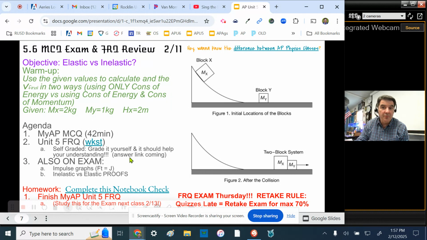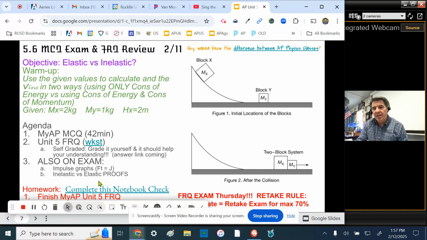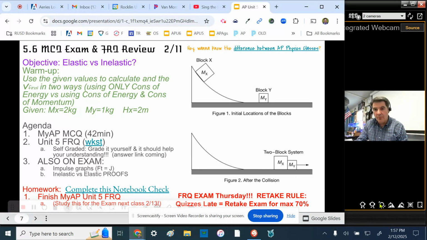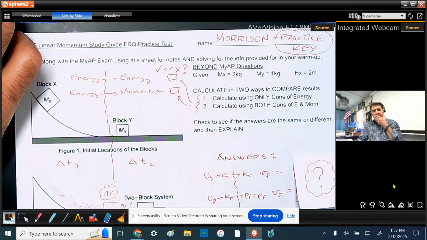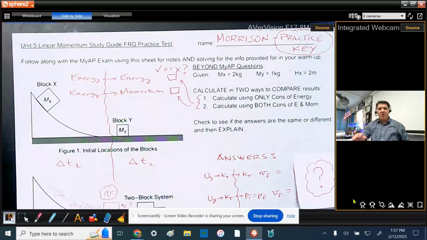You're going to answer the front page, and then on the back page, we're going to talk about impulse graphs and about inelastic versus elastic proofs. And so take a look at this and make sure you know what you're doing. So here we go. Okay, so